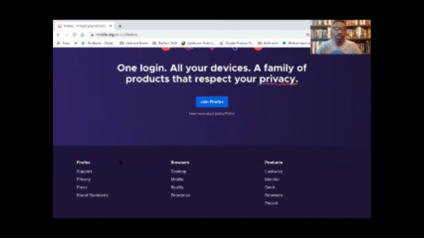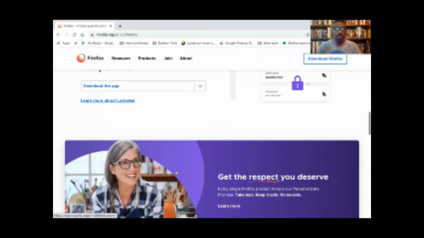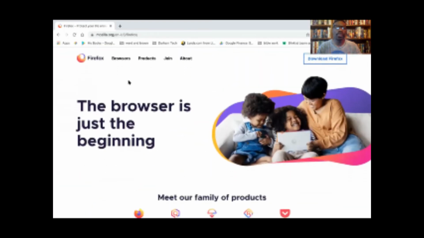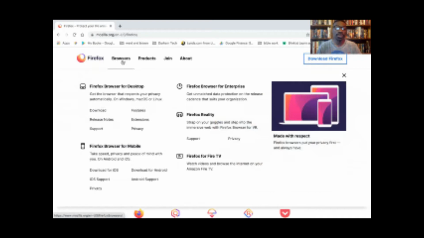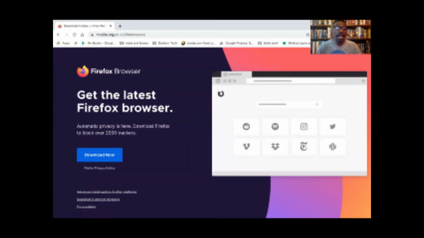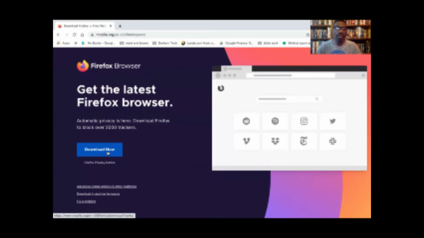Download, browsers, desktop. Okay. Browsers, download. Okay. So right here under browsers, go to download. Now, all browsers kind of know where you're coming from and they know the browser that you're using. And so this button in particular for me, because I am currently using a Mac,